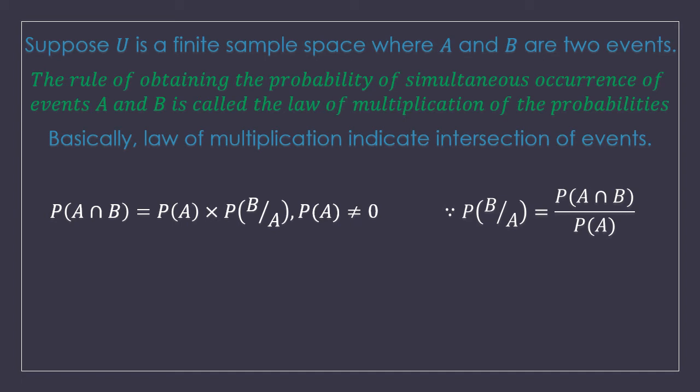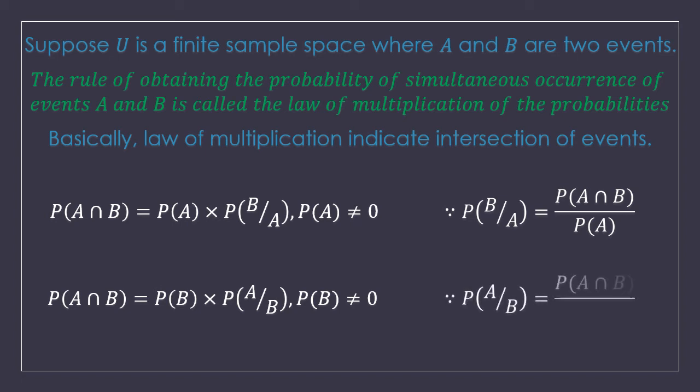Now if you remember, there were two formulas for conditional probability. That means there are two methods of calculating A intersection B. The second is P(B) multiplied by P(A given B), where P(B) must not be 0. Similarly, I got this formula from P(A given B), which was P(A intersection B) divided by P(B). So just move the denominator P(B) to the opposite side and you will get the formula for A intersection B. So there are basically two formulas for calculating A intersection B, which are P(A) into P(B given A) and P(B) into P(A given B).